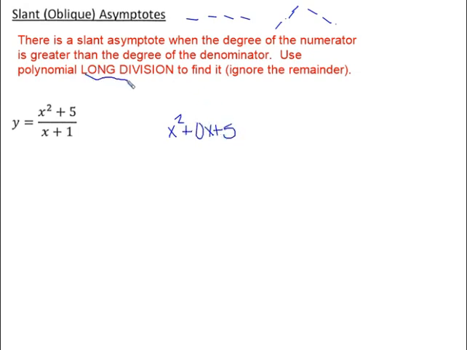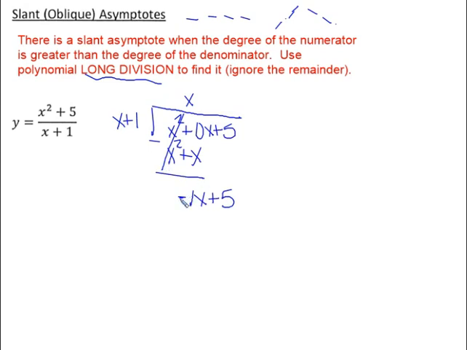So in this example, we're taking our x squared plus 0x plus 5. Okay, if we're doing division, we need the placeholders, and we're dividing it by x plus 1. So if we go through our little process here, x squared divided by x is just x. We can multiply that over and subtract. First terms cancel. 0 minus 1 is negative 1x, and we can bring down the 5. Negative x divided by x is negative 1. We can multiply that over